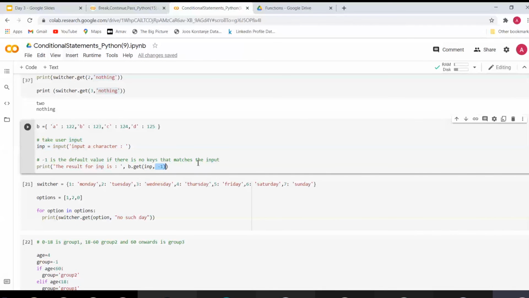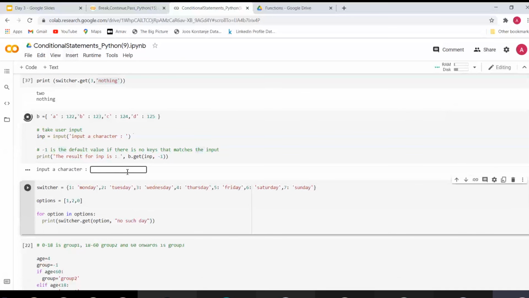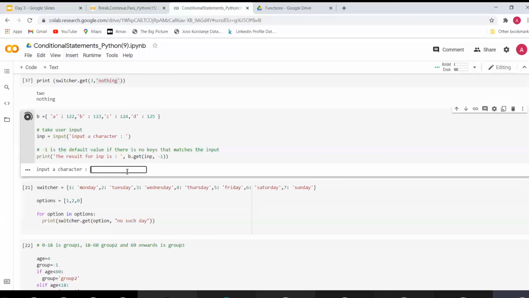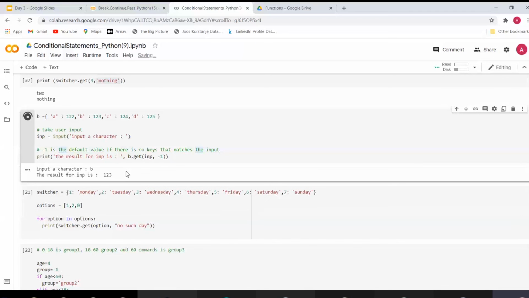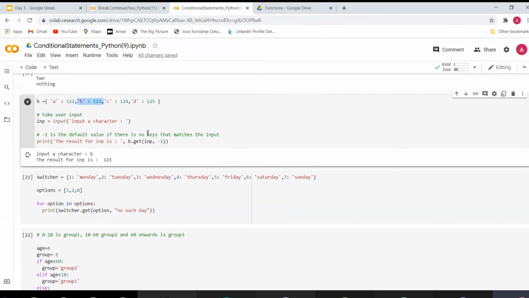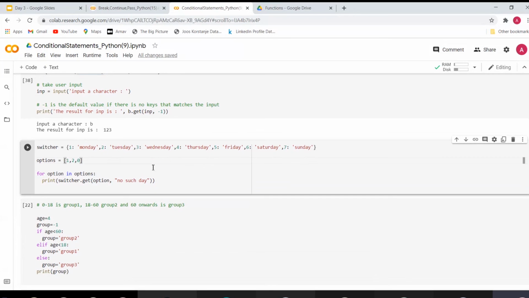If we run this, input a character, let's say I want B. The result for the input is 123. B case is over here, so it corresponds to 123, so 123 gets executed, right?